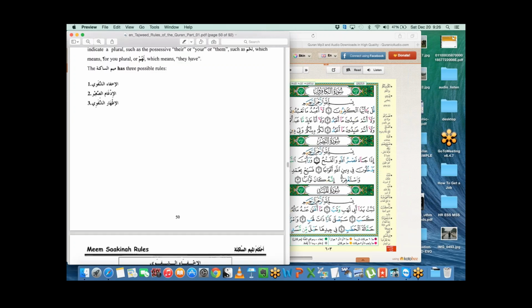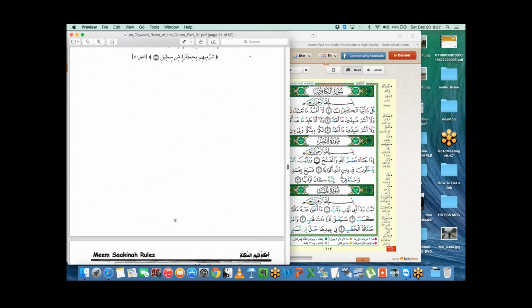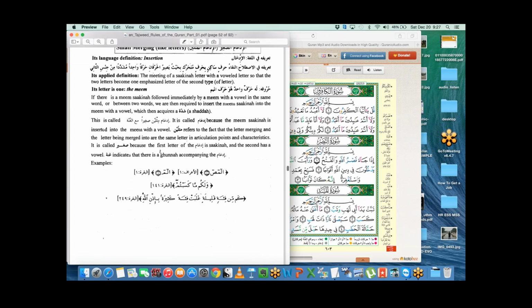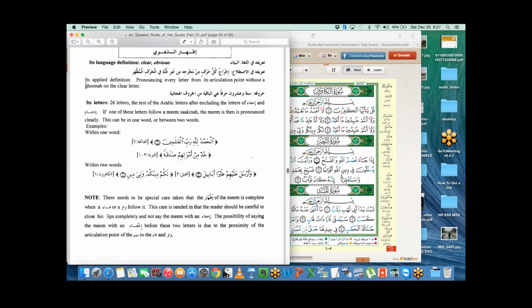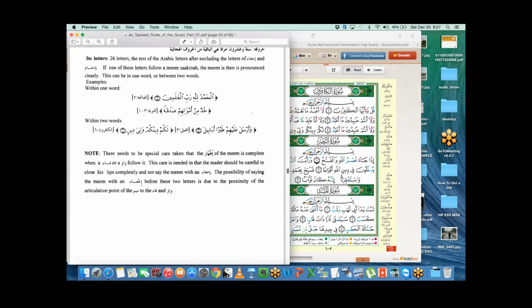Shadda is basically doubling the haraka, okay? So we will see that in our reading today, inshallah. And idhar al-shafawi is anything other than a meem and a ba. When it happens after a meem sakina, you have to pronounce the meem with your lips. That's why it's called ash-shafawi.